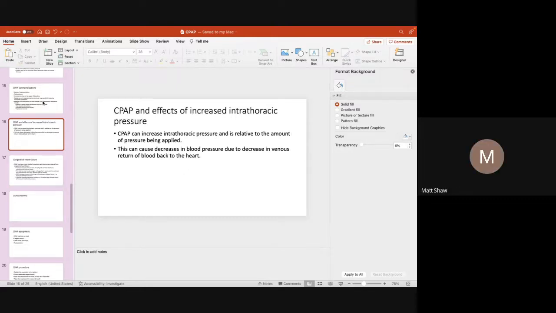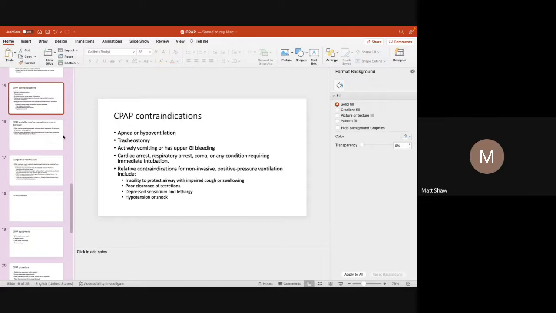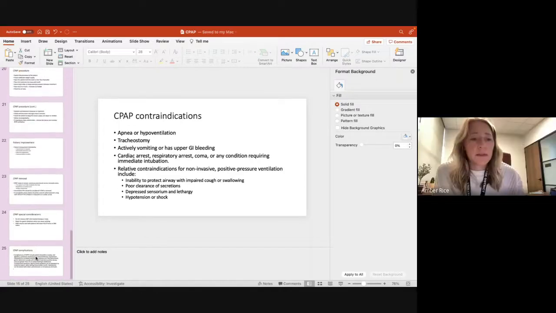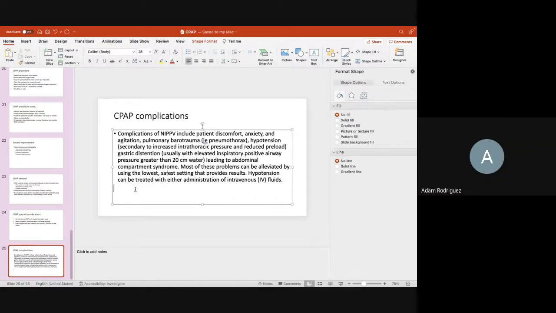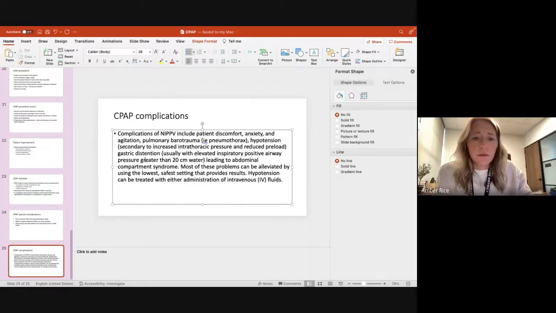Is it worth, maybe this isn't the right slide, but just commenting on the risk of CPAP causing a pneumothorax if you've titrated it up too high, the lungs are frail, that sort of thing? Yeah, I wonder if I have a slide in here that's like complications. Like no greater than 20. Oh, you have it right there in the middle. I do. I haven't broken that. I'm sure I probably just copied and pasted this from somewhere, but